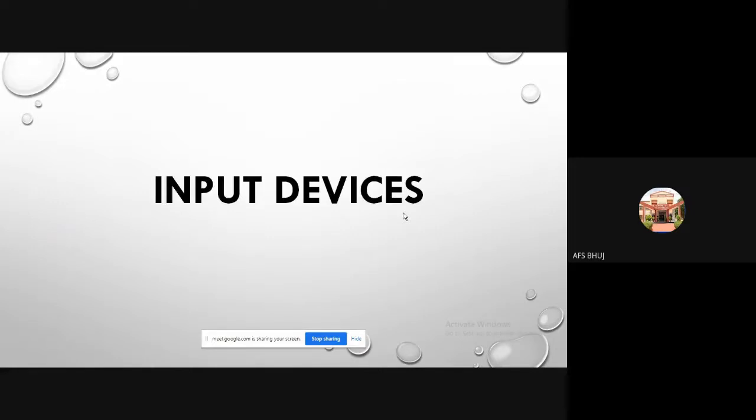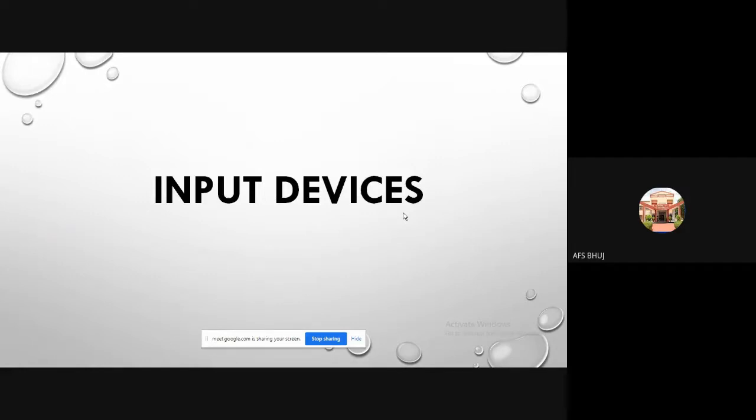And if you want to display some output, to produce some output from the computer, we need output devices. In between input and output, some process is there. It doesn't happen at once, where I give input and it instantly gives output. It's not like that. Some processing is happening here, and that is done by the processing unit. And once you got the outputs, we need some space to store the data. We can use a storage device here.